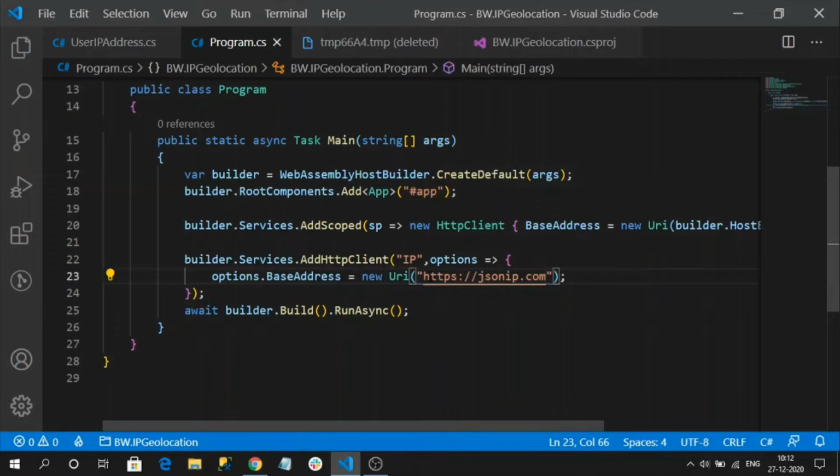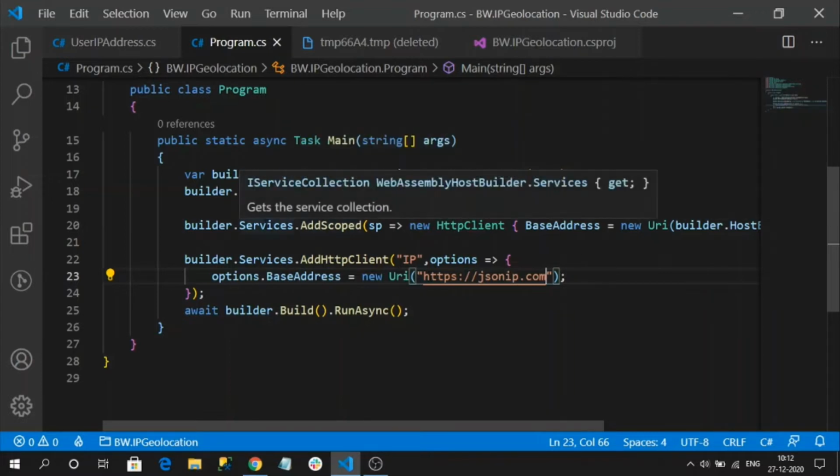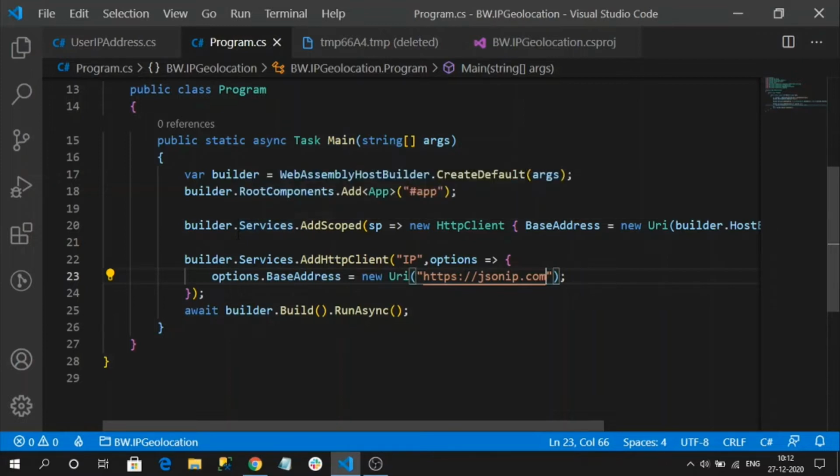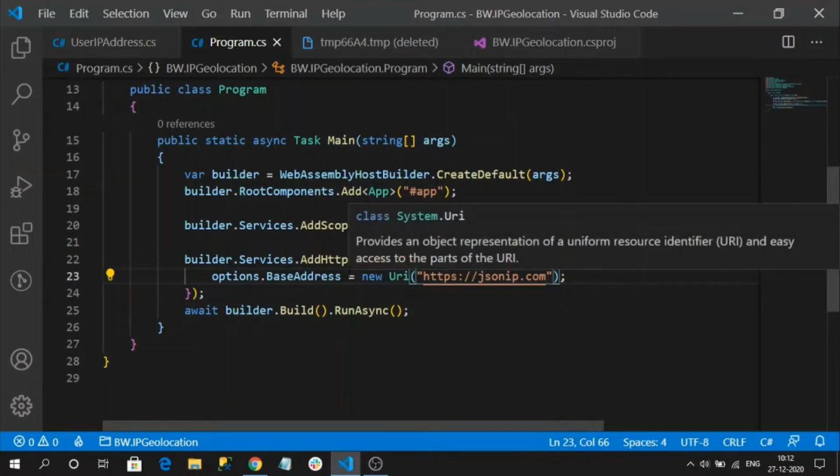Okay, so we have successfully completed registering our HTTP client in the program.cs file. It is a Blazor website, right? So we don't have any startup file like that. Here we only have program, where we have to register all our dependencies. And now the next thing I need to do is initialize an HTTP client object, and using the client object I need to invoke the API.